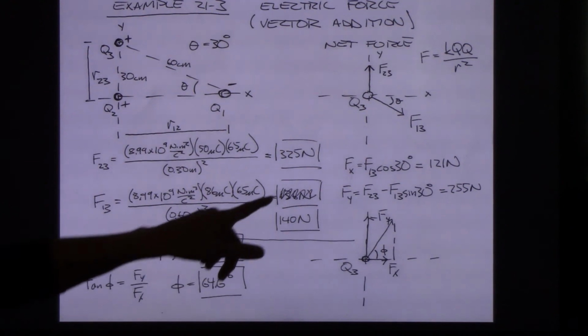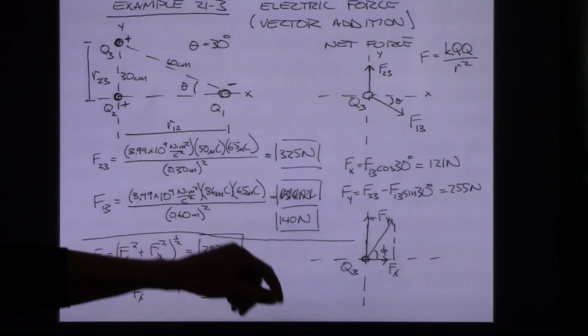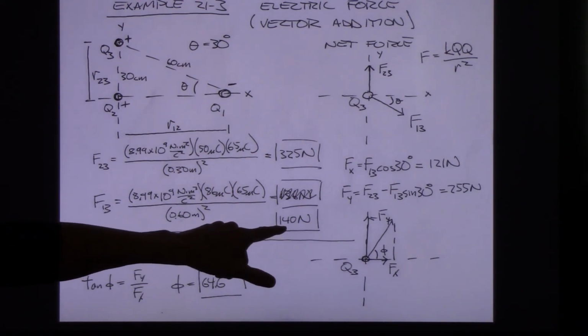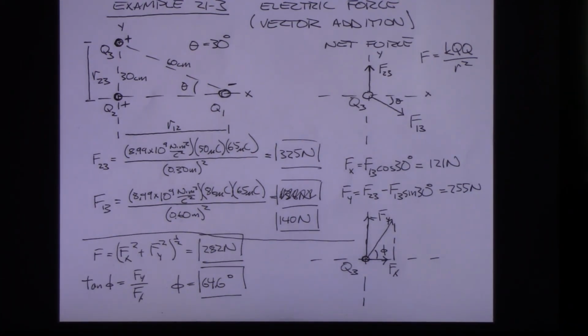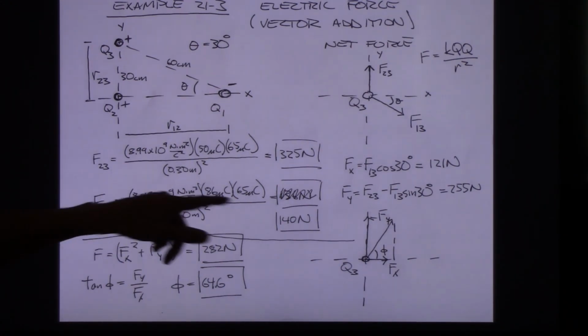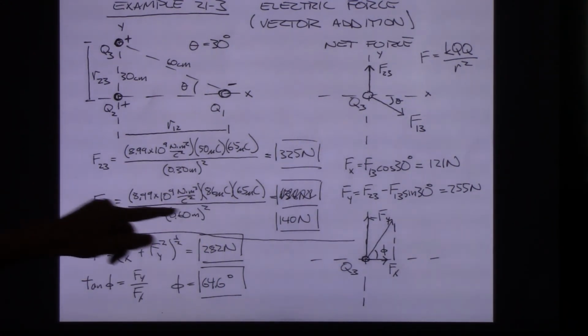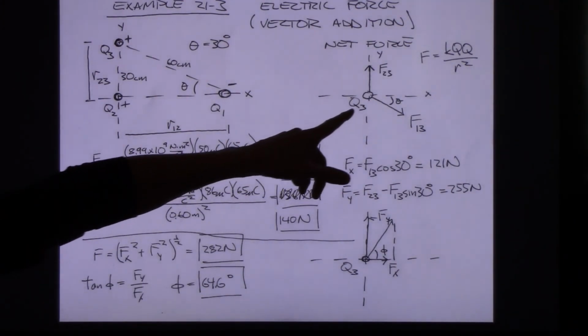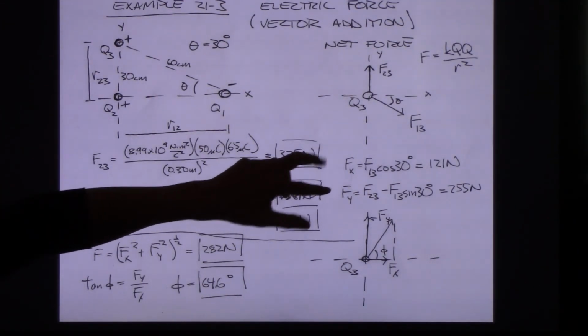Now, I crossed this one out. I redid this one, I guess. It turned out to be 140 newtons instead. And so for force 1,3, I ended up with 140 newtons here. And then, as we were saying, what we want to be able to do is take a look at these two forces and write down